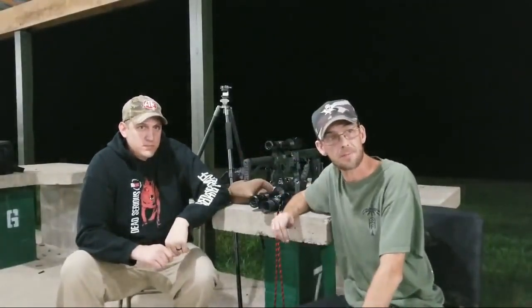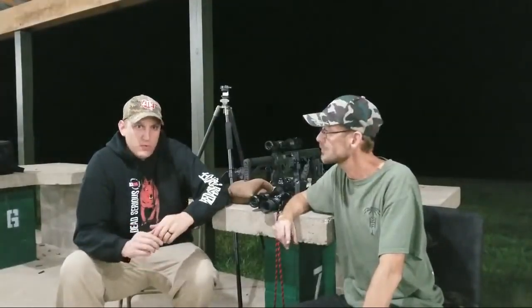How does the moonlight affect your IR? I mean, the whole view at night. Now, just like traditional tube style night vision, your ambient light from the moonlight will basically give you heightened